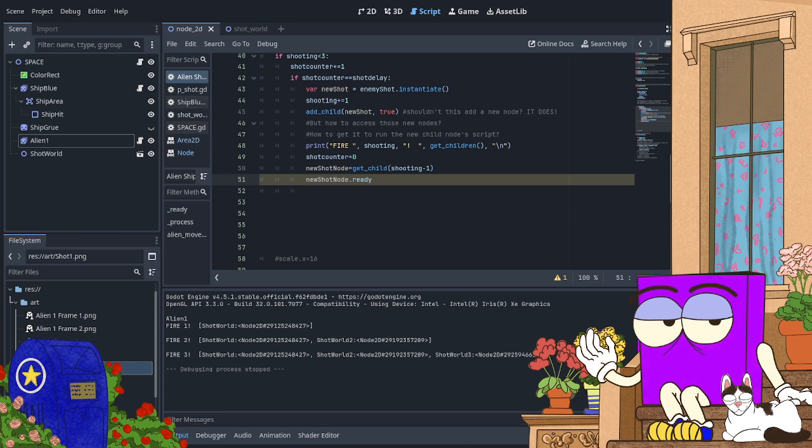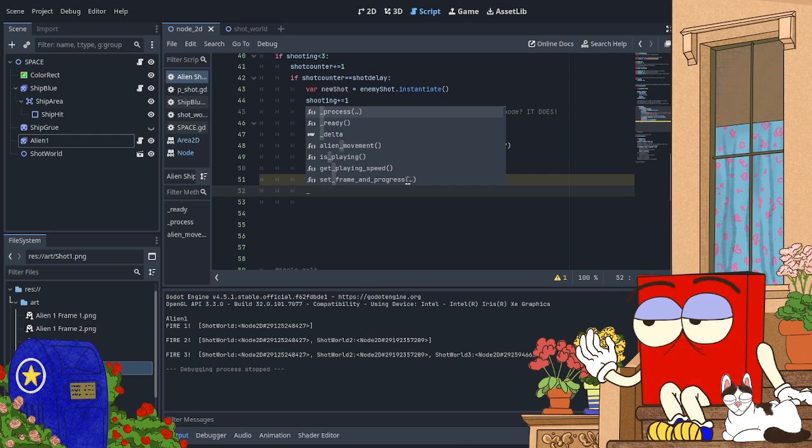The enter tree is supposed to be called automatically. So void doesn't really do anything.